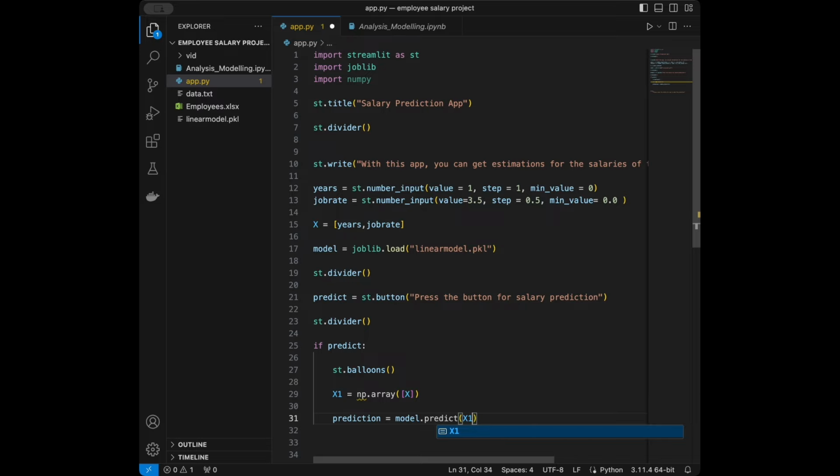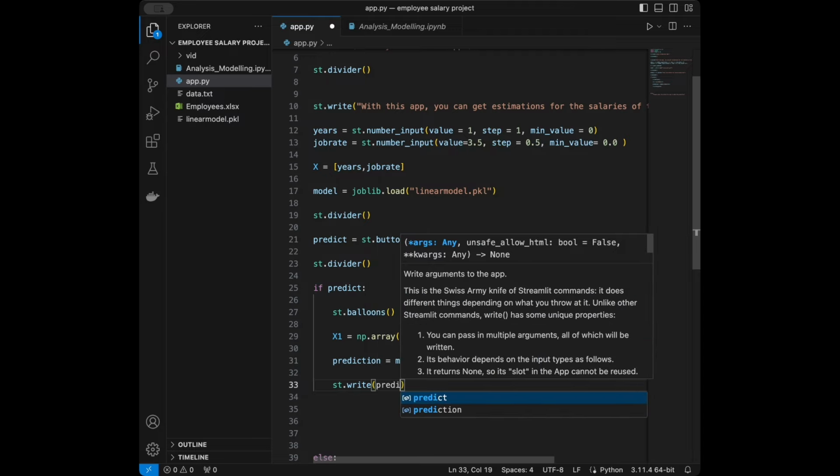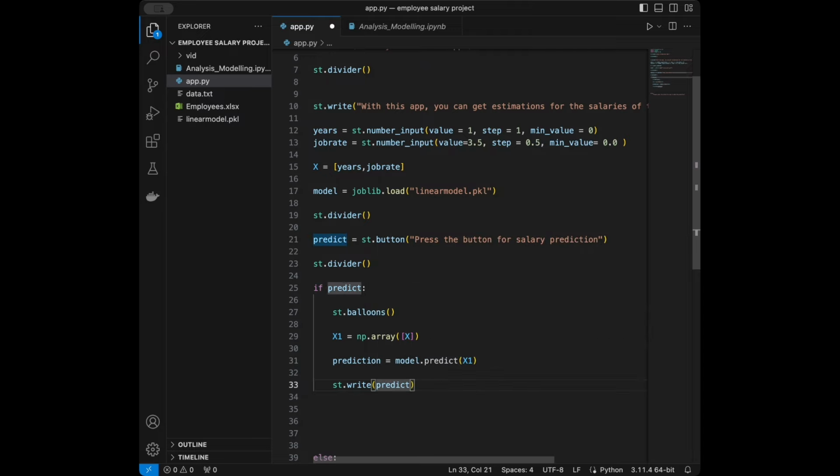Also, I will say as np in here in the importing of numpy, and then I'm going to write the prediction like Streamlit write prediction, and we can give it something like salary prediction is, and we can say this like this,